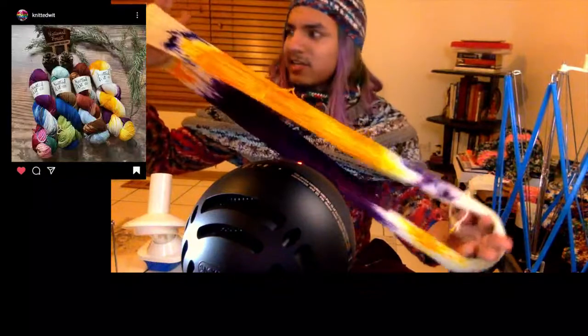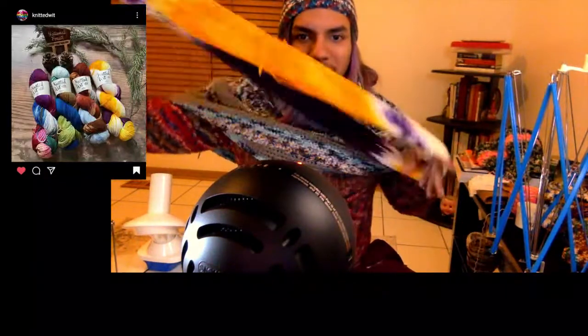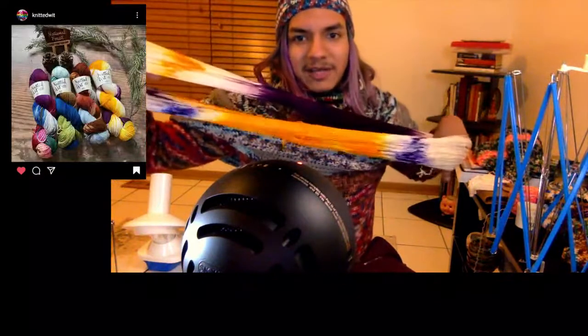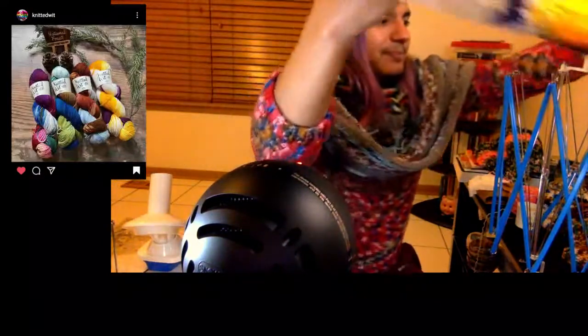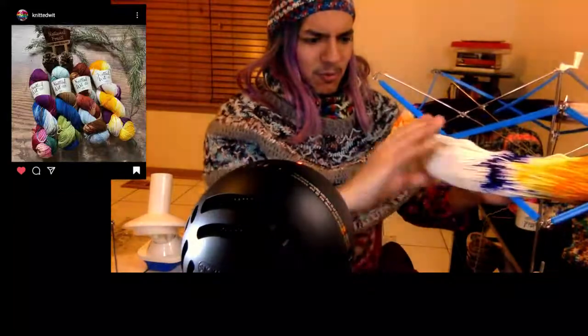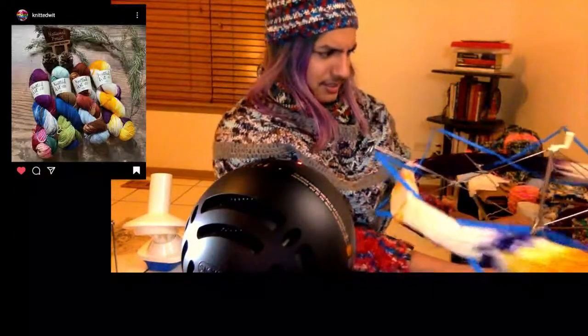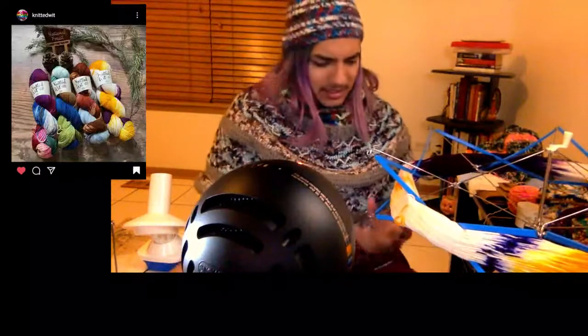So I'm actually interested in seeing because she inverted the colors. So if you notice, the purple specks are on the yellow and the yellow specks are on the purple. This is the first time I see this particular technique from her. So I'm actually interested to see how this is going to wind up. I'm assuming it's going to be predominantly white, but